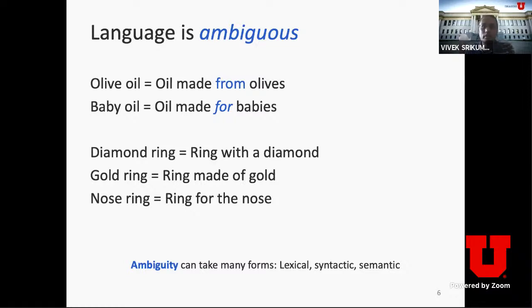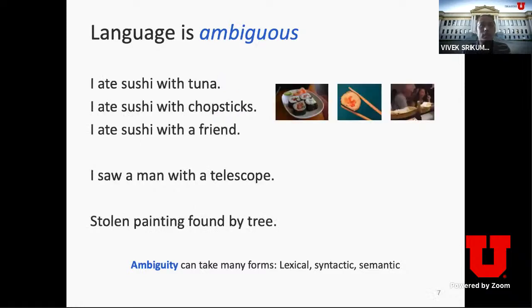But ambiguity is not just about how words are ordered here. These kinds of phrases, entire sentences can be ambiguous. If I say I ate sushi with tuna, it means that I ate both sushi and tuna. If I say that I ate sushi with chopsticks, it means that I ate sushi using chopsticks. I definitely did not eat the chopsticks. And when I say I ate sushi with a friend, I did not eat the friend or use the friend to eat sushi. I accompanied the friend in eating sushi. The same word, almost the same construction, means very different things. And again, it's another example of ambiguity.